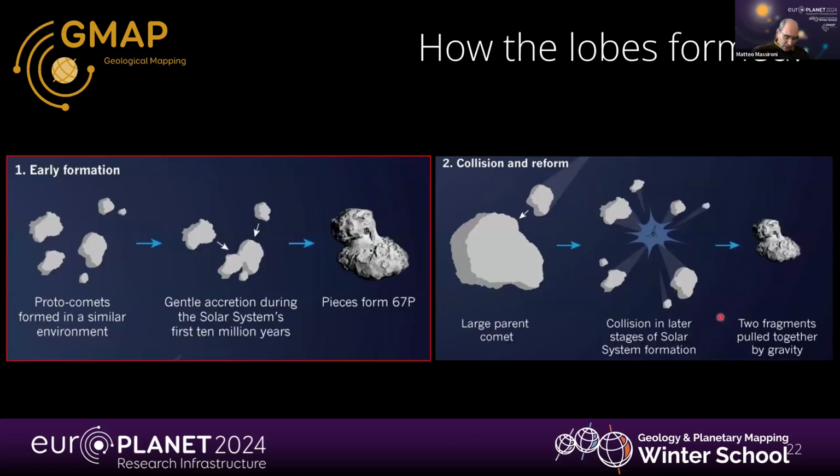One of the main problems of the comet was understanding if the two lobes were formed by aggregation after a catastrophic impact, like in this case to the right, or could have been formed from primordial cometesimals in the protoplanetary disk. And in order to understand it, it is important to understand the internal part of the comet nucleus. There was an experiment for understanding the internal part of the comet nucleus, which was a rather